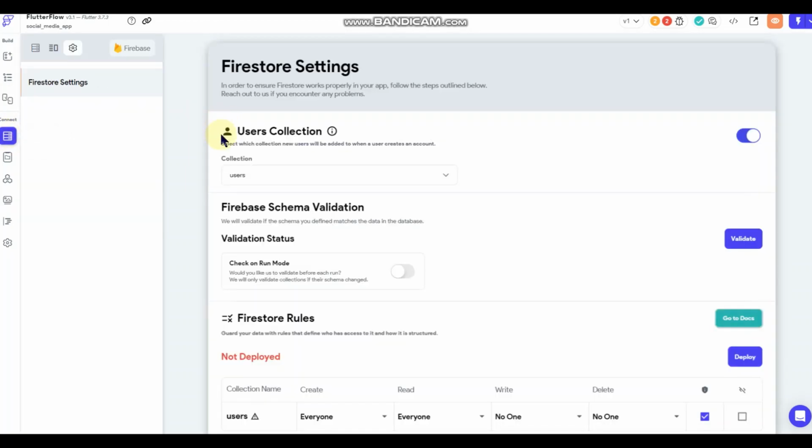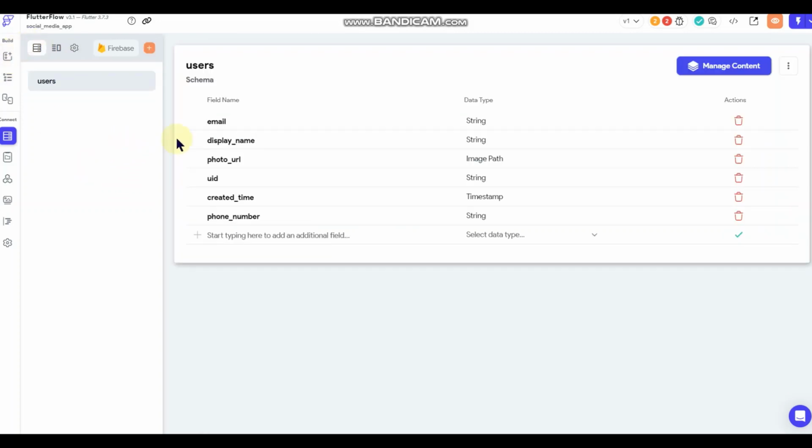All right. So before we start working on the front end and the user interface, I'm actually going to go ahead and create my collections in Firebase. So it created a user's collection for me whenever I set everything up there at the beginning, and it's got just the basic stuff in here, which we will add stuff to later on. But I want to go ahead and create my collections now.